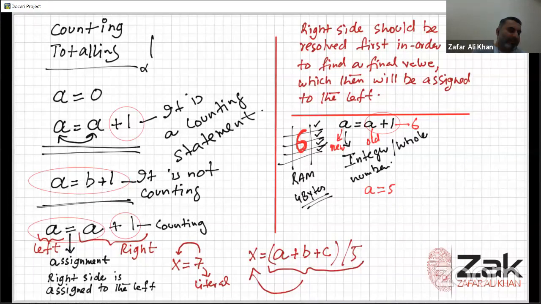There might be several cases at O level. Then we discussed counting and totaling. I told you that counting is when we add +1 to any variable. So what it does is add 1 to the previous value of the variable. And I told you that it is necessary that we have the same variable on both sides of the assignment operator. If it is not the same, then it is not counting. Same goes for totaling,